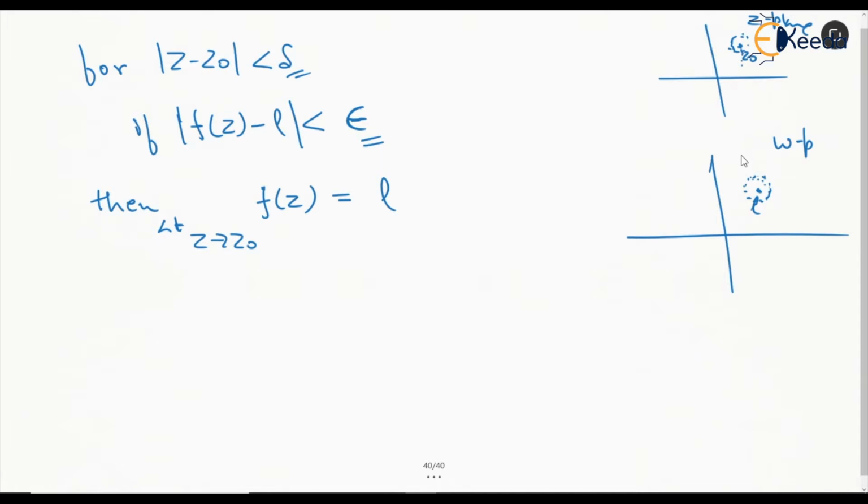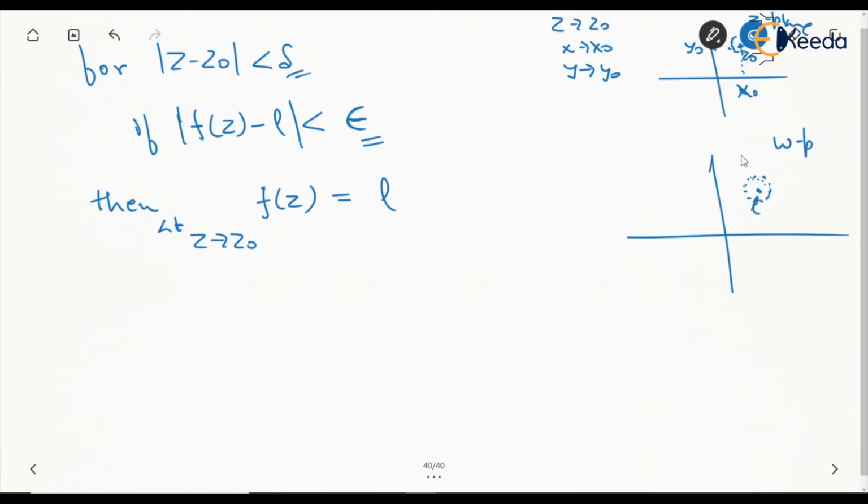Like in this case, let's say x is approaching x naught, and similarly y is approaching y naught, because when z approaches z naught, x must be approaching some value and y must be approaching some value, right? So if you are breaking it into x and y, you will have to see that when x is approaching x naught, y is also approaching y naught, because if both are not approaching the same point, then it is not approaching z naught, and similarly the function value may not be approaching that value L, right?